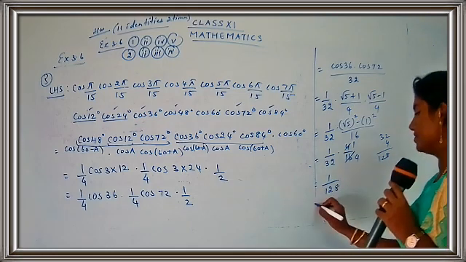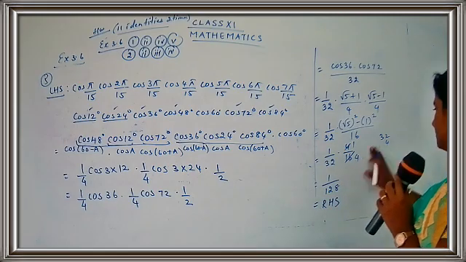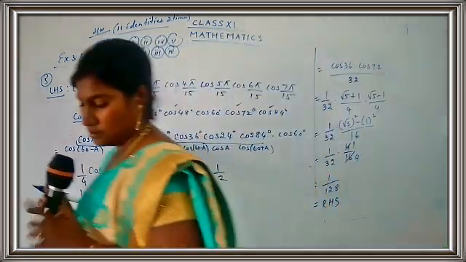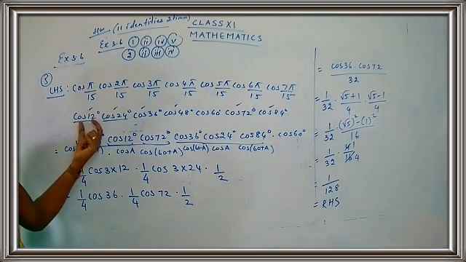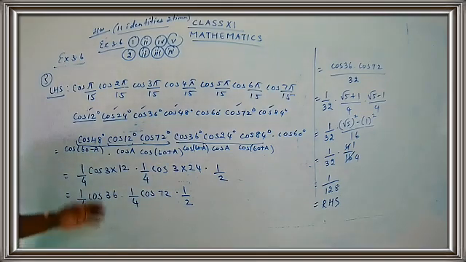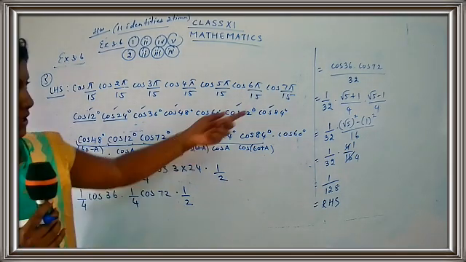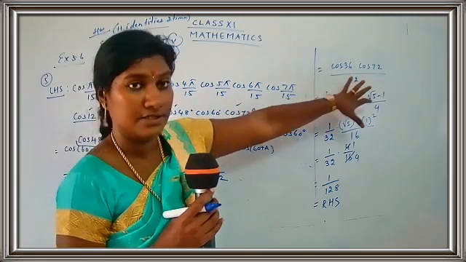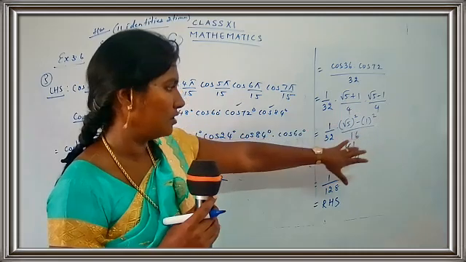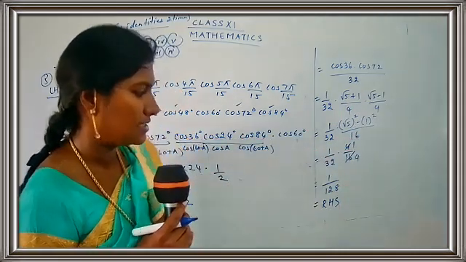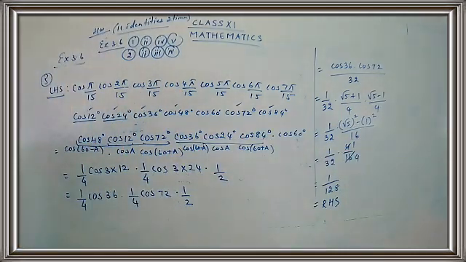So I started with LHS. It's very simple. So we have to group. So we have so many angles they have given. So we have to take the pairs properly, whatever is left out, and we applied the formula. We have to just write down the value for cos 36, cos 72. So this is A plus B, A minus B. So I get 5 minus 1. So it's 4. So 4 upon 16, 1 by 4, and the answer is 1 by 128.